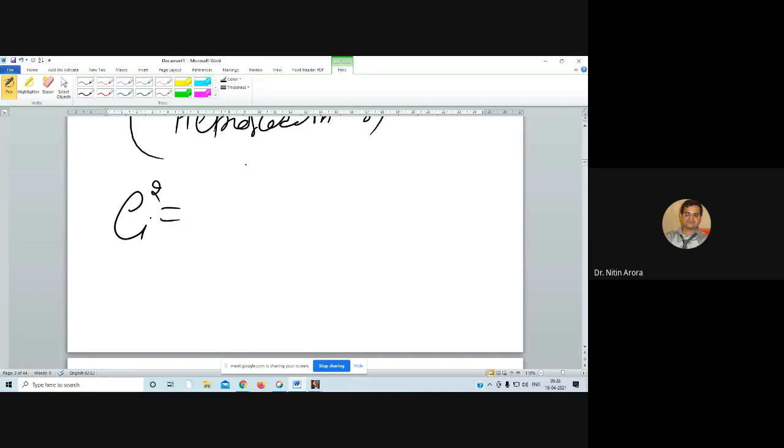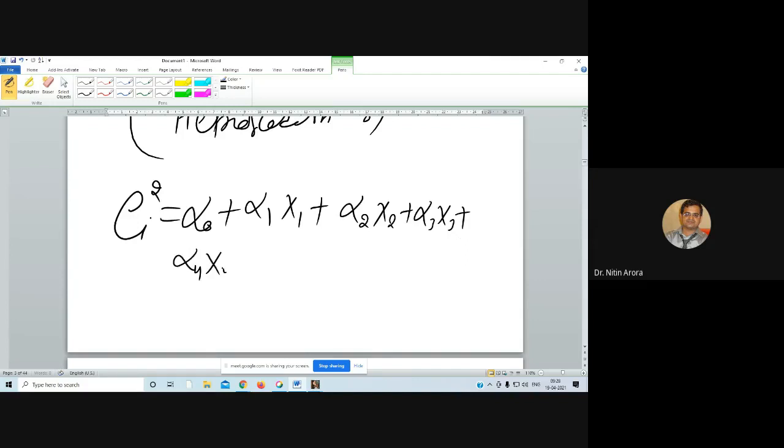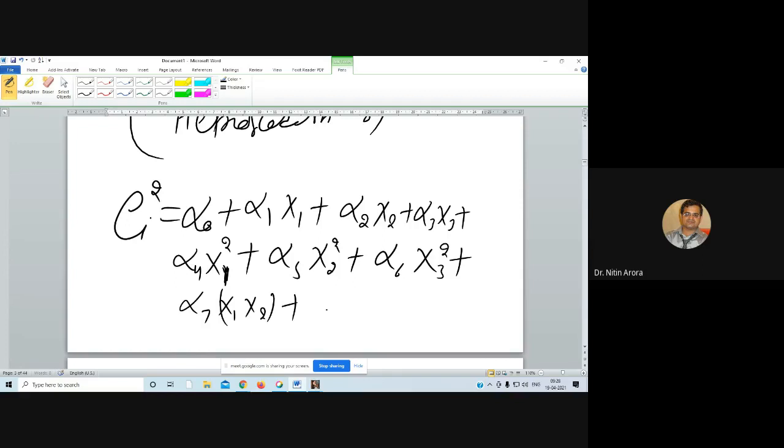Step three, regress the square of residual upon alpha naught plus alpha 1 x1 plus alpha 2 x2 plus alpha 3 x3 plus alpha 4 x1 square plus alpha 5 x2 square plus alpha 6 x3 square plus alpha 7 x1 x2 plus alpha 8 x2 x3 plus alpha 9 x1 x3 plus